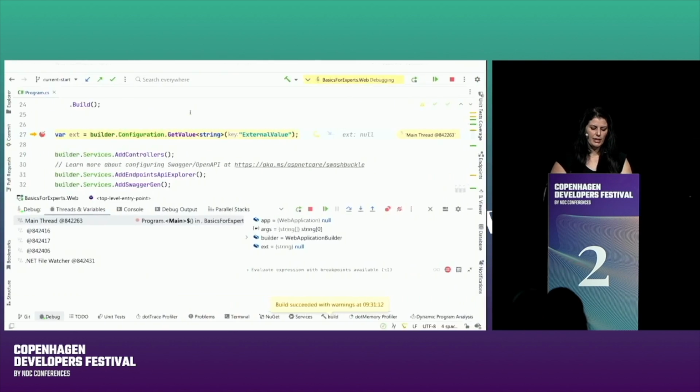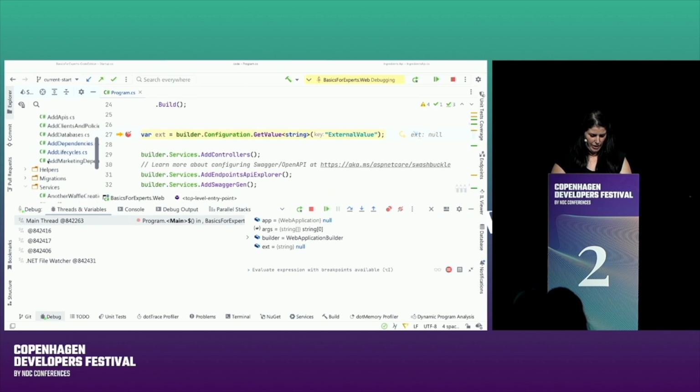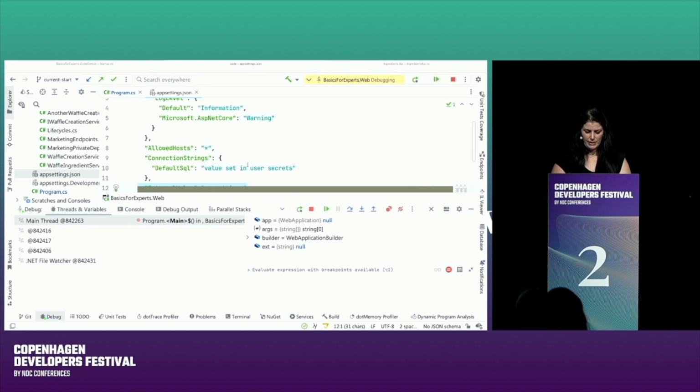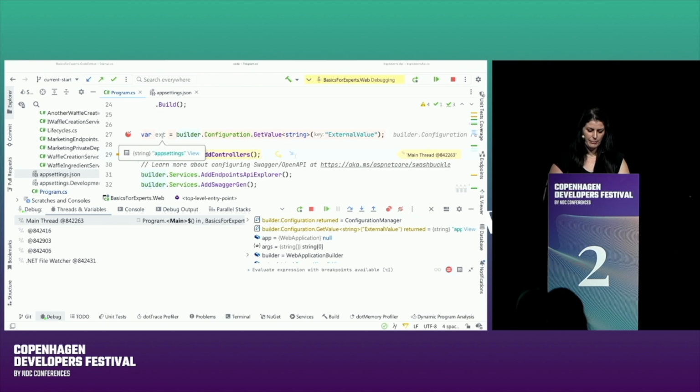External, and then in my app settings, we can come down here, and you'll see I've just got app settings there. All right. So when we come to here, if I F10 over that, we should see it's app settings, if you can't see that. So that's coming from my app settings. And then if we stop that,